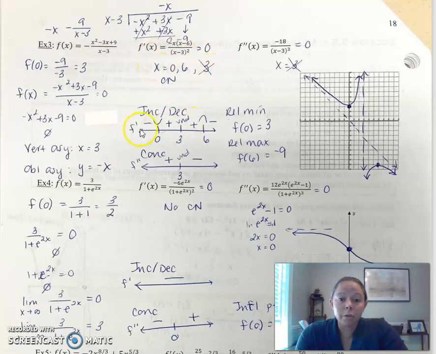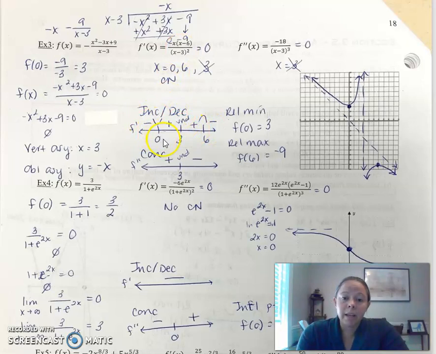This is all going to go on your first derivative number line, even the 3, even though it's undefined. And then set your second derivative equal to 0, and the only thing you get out of that is the 3 from the denominator. But again, that still goes on your number line, but note to self, we have no inflection points. Okay, so test your intervals and the first derivative to figure out where you're changing from increasing to